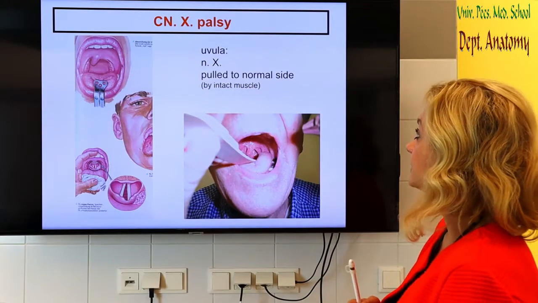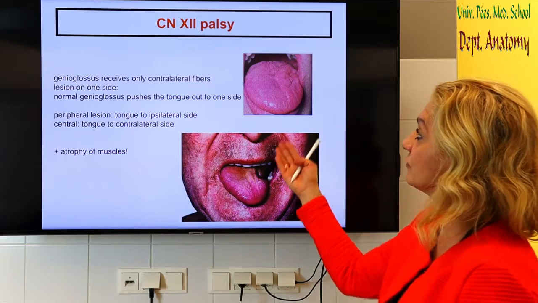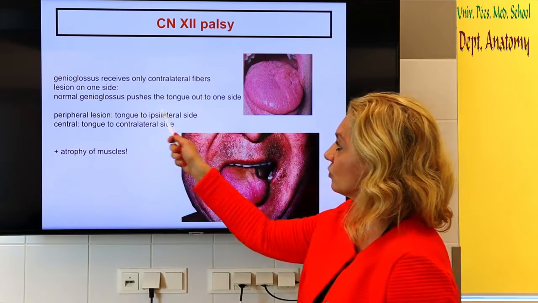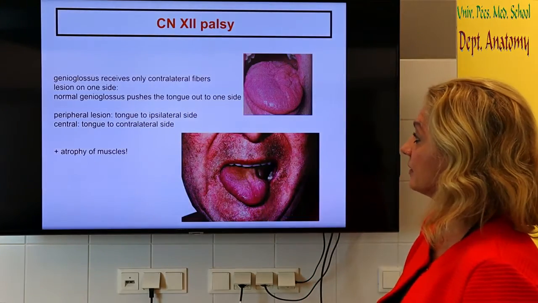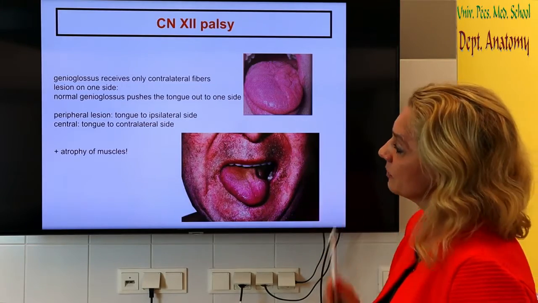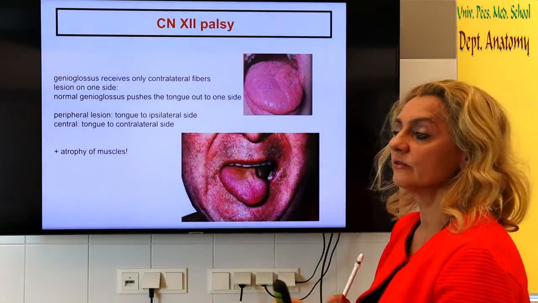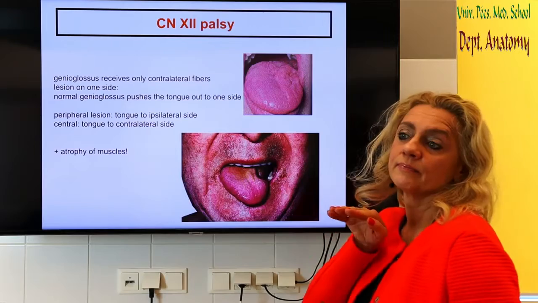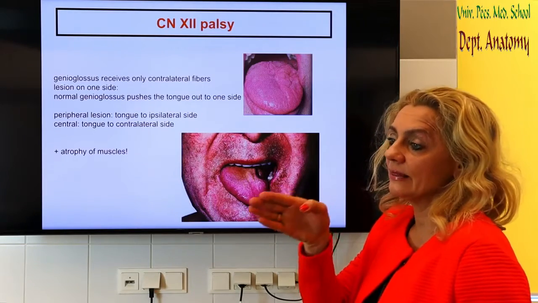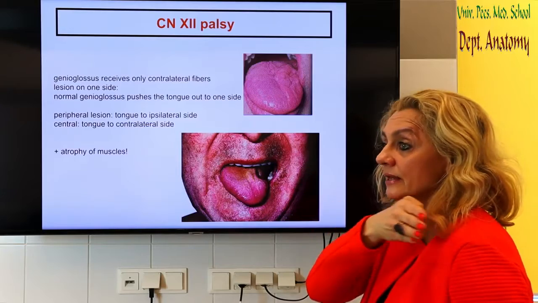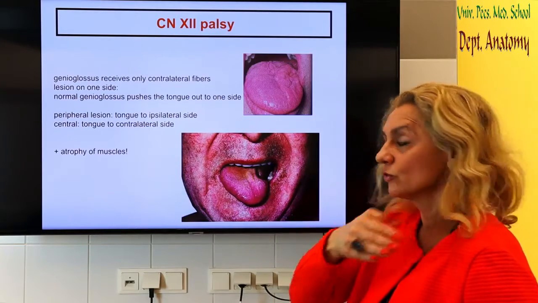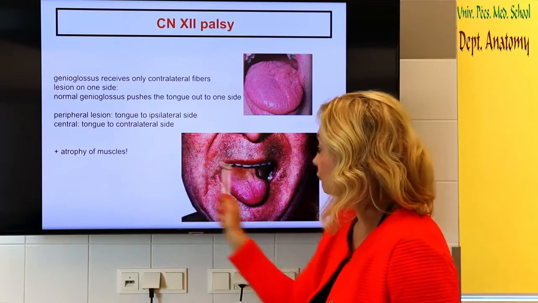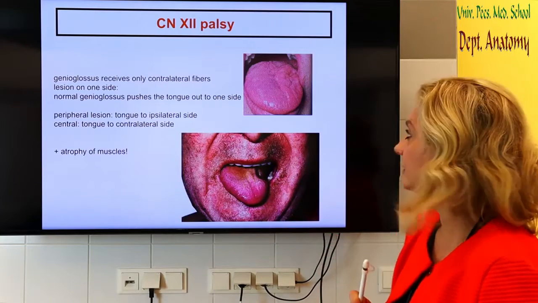diagnostic importance. And the third such nerve that has only unilateral innervation, supranuclear innervation, is the genioglossus muscle, which is innervated by the hypoglossal nerve. And in these examples, you can also see that the tongue is moved to one side. The genioglossus muscle is responsible for sticking the tongue out. So you stick the tongue out, and on one side it's paralyzed, then the normal genioglossus will pull the tongue to that side. And if it is present for long term, you can see that there is atrophy of the